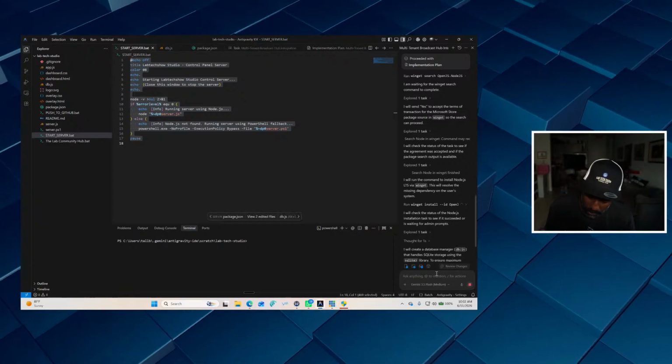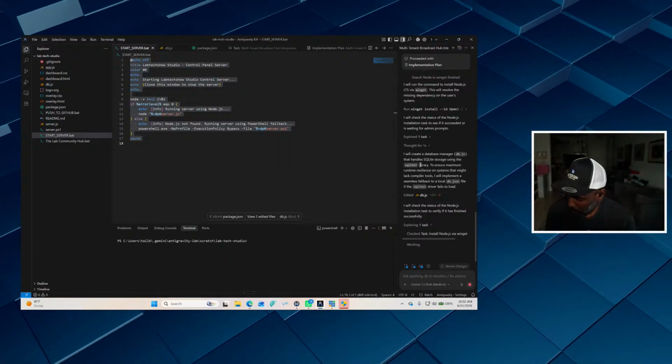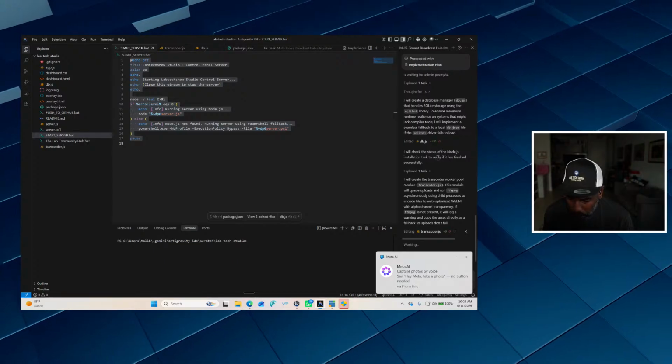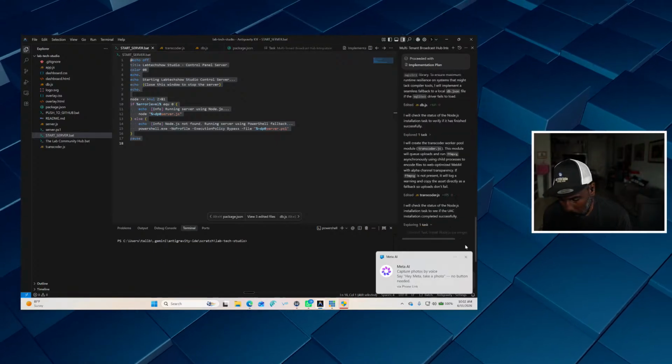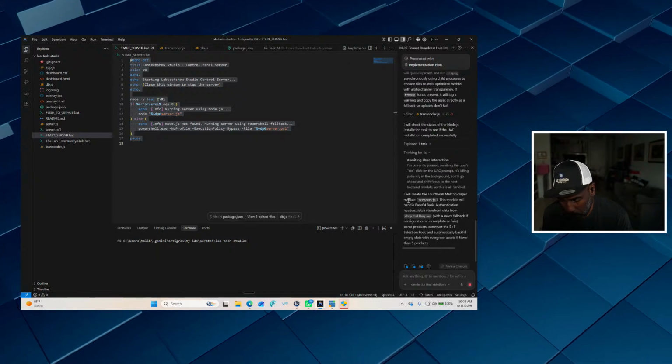I will create a database manager handling your SQL sites. Okay. I also will create something else. What else? A transcoder.